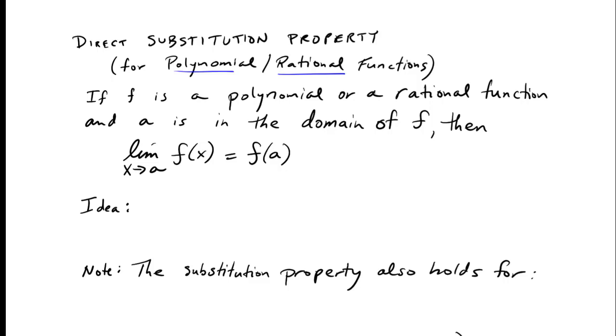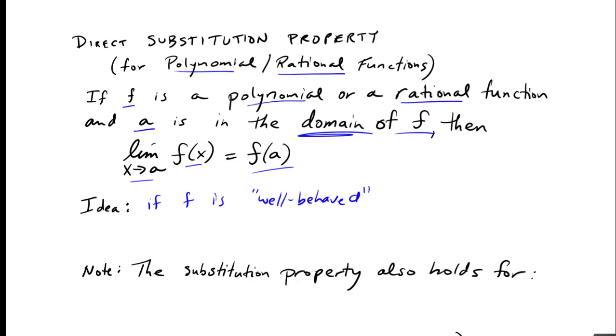So if f is a polynomial or a rational function, and a is in the domain of f, then the limit as x approaches a of f of x is f of a. What does that really mean? It says, what we're saying is that if f is, and I'm going to say for now, well behaved, so things are going nicely at that point, at a,